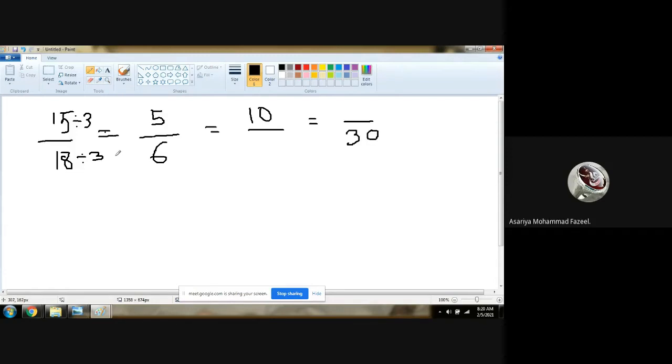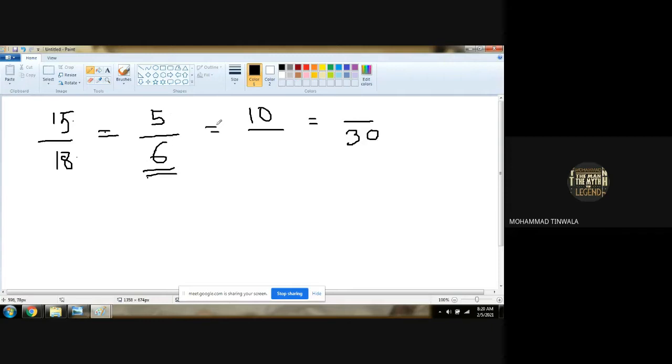Yes. Is it understood or not? Sir, it is understood. Okay. Now, what is the smallest numerator and denominator out of all this? What is given? 5 upon 6. Yes, sir. So we have to take 5 upon 6 into account now. So we have to take 5 upon 6 into account.